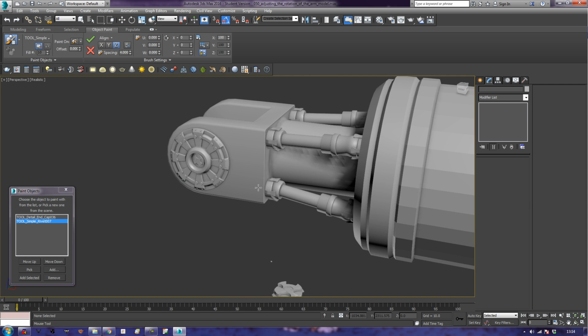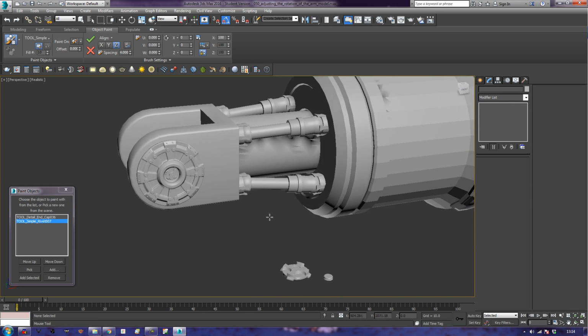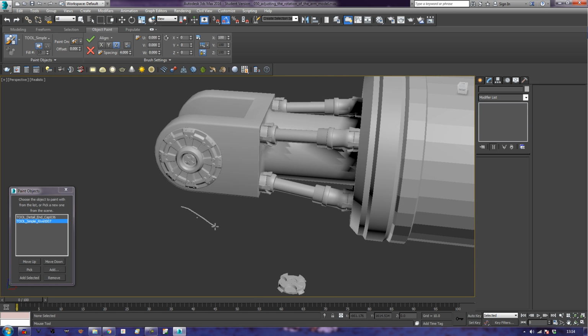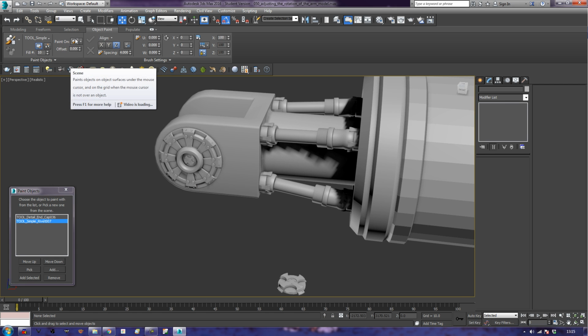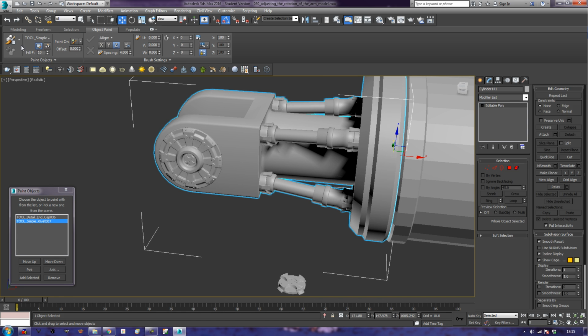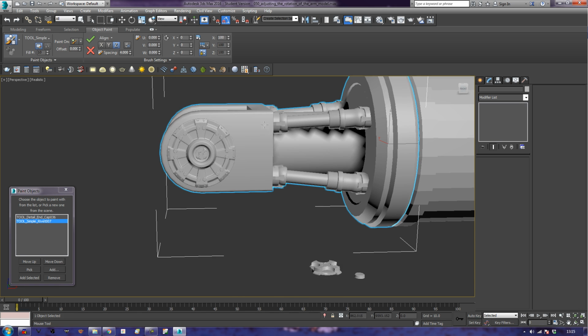See if we can start painting with it, because it seems to be painting on the floor all the way over there at the moment. Rather worryingly. Let's see, paint with object in list, painting on scene, painting on selected objects. I think it'd be a better idea. Yes, it would. Okay, so I'm going to put one here, and here,